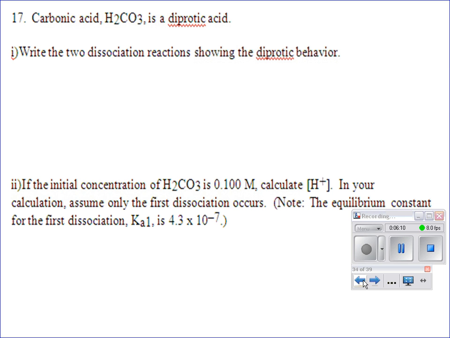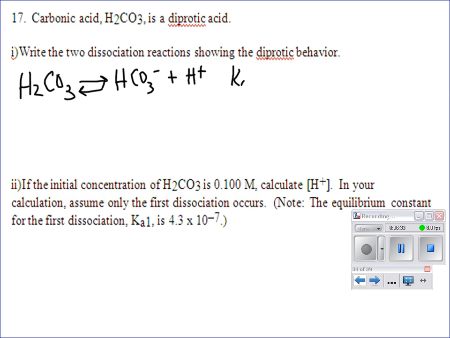So first thing it says, write 2 dissociation reactions showing diprotic behavior. So we're going to do that. When this dissociates, it is weak because it's a weak acid. We lose 1 H. What do we make? HCO3 minus and H plus. This is represented by that Ka1 on the table. And then we're going to dissociate a second time. And again, that's also weak. And we're going to make CO3 2 minus plus H plus, and that is our